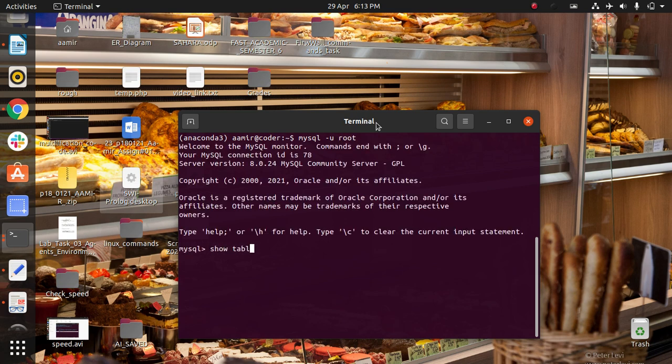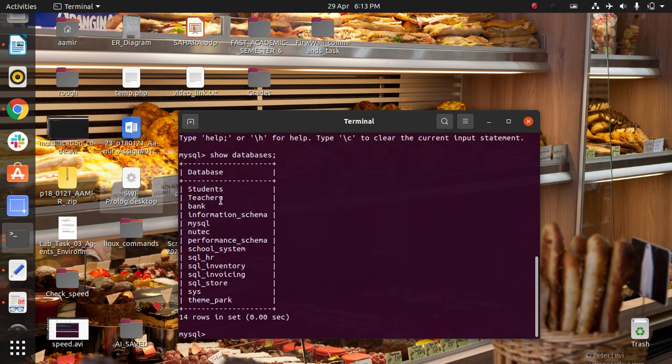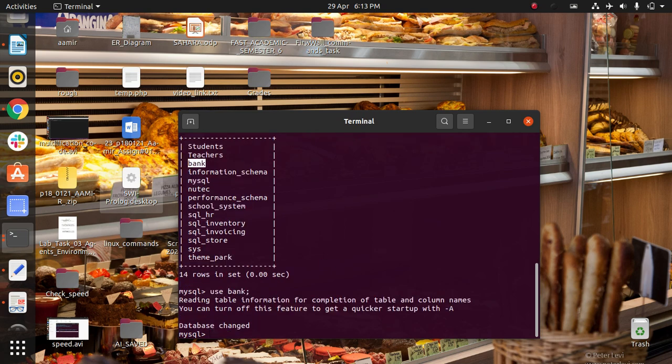Now if you see the databases here, I will be creating a user for this specific database, which is bank. First I will use bank. The user will be created for this bank database, not for all of these. The command for this is